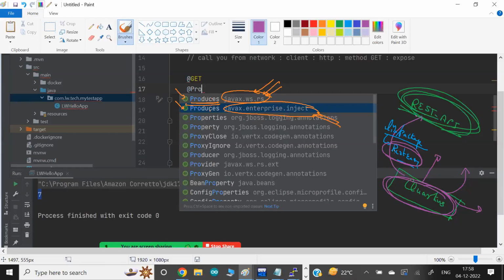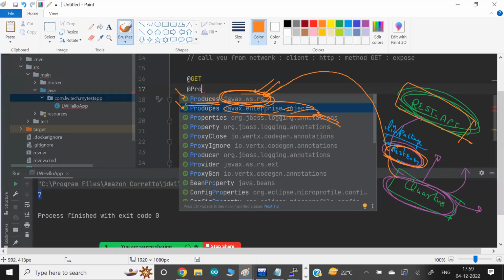Okay. So Quarkus is using something behind the scene that we can change also if you want, but by default, they're using REST API. So RESTEasy is the package name. With this package, we can implement REST API concepts. And here, REST API is again a product name, and the package behind RESTEasy is this first one, RS. The Jakarta Enterprise Inject is a different thing if you don't need this.